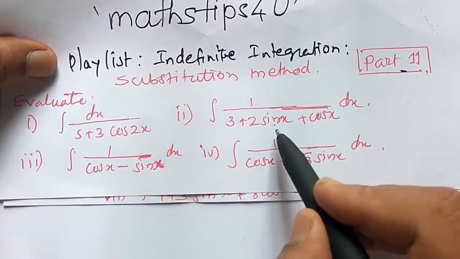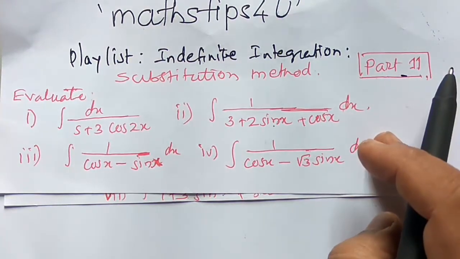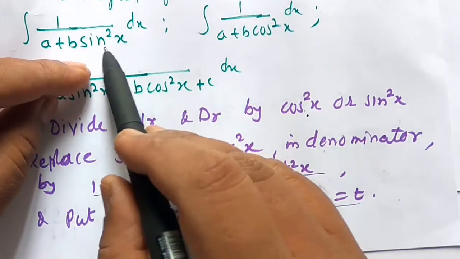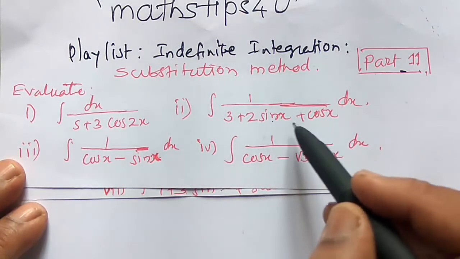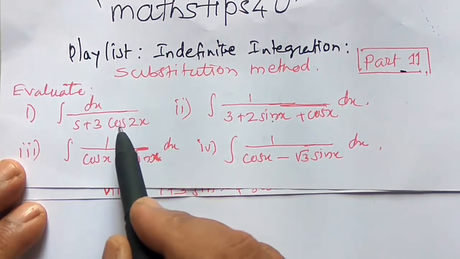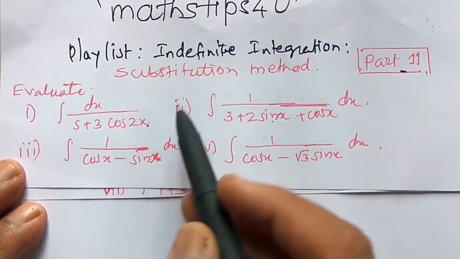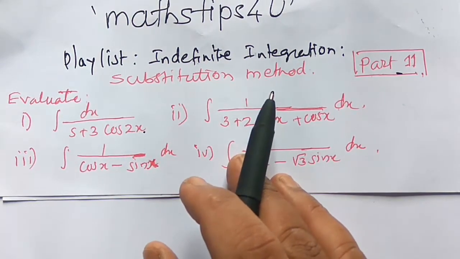here it is the combination of sin x and cos x. See the difference. Here it is sin square x or cos square x, but here it is sin x or cos x, or a combination of sin x cos x, or maybe cos of 2x or sin of 2x. For such we use,